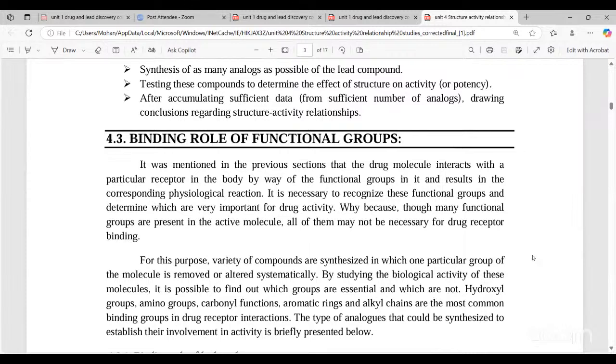So it was mentioned in the previous section that the drug molecule interacts with a particular receptor in the body by way of the functional groups in it, resulting in the corresponding physiological reaction. So it is necessary to recognize these functional groups and determine which are very important for drug activity. Why? Because among the many functional groups in the drug,